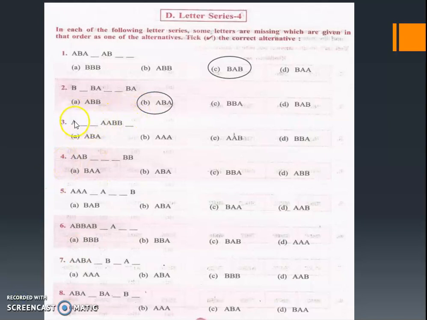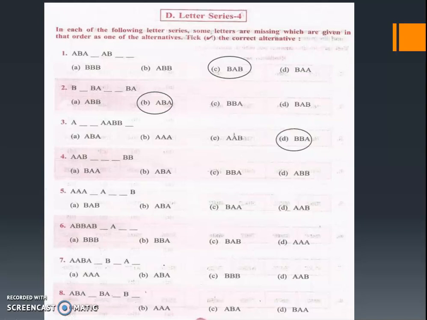If I skip this A, and just imagine that this A is not there at all, then before double A, double B should come, right? So double B, A, double B again. So here again A should come. So BBA, where is it? Here it is, right? BBA. So that will be the answer for that.